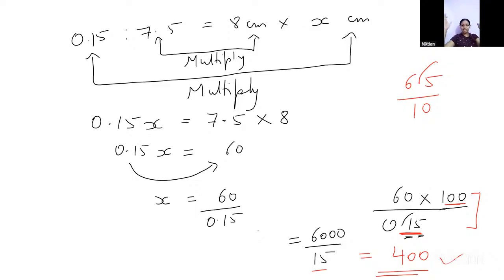The outside two numbers multiply, and the inside two, and find x. The only thing is that you have to work with decimals here. Sometimes you'll get decimals that you have to calculate, sometimes a fraction that you have to calculate, sometimes a mixed fraction that you have to make into a decimal or a normal improper fraction.